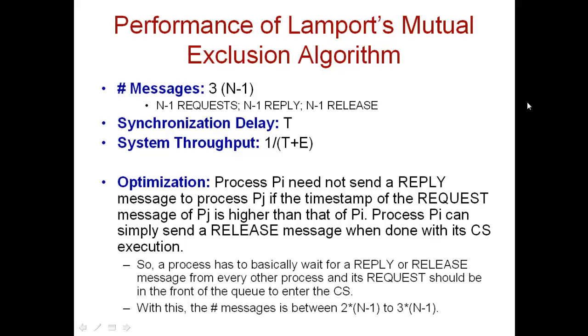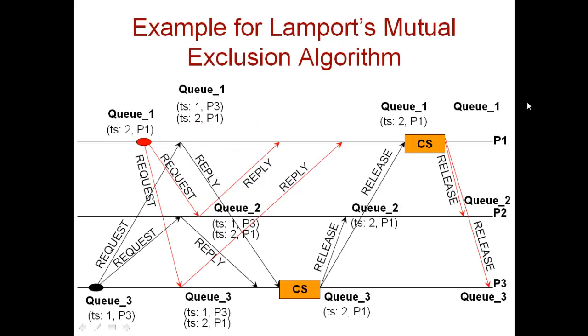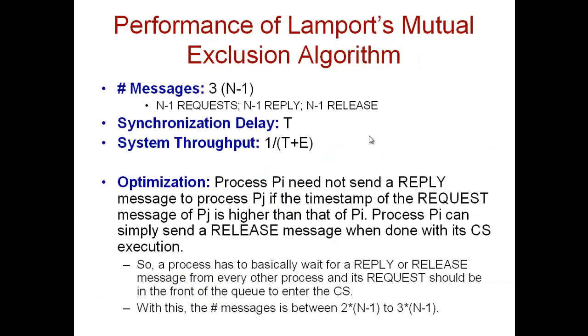theta of n. Now, in terms of synchronization delay, the release messages are sent to each of the other processes. So it takes one propagation delay for the release message to go. It's a broadcast message to the other processes, so it is one propagation delay. And the system throughput is 1 over the synchronization delay plus execution time for the CS, so it is 1